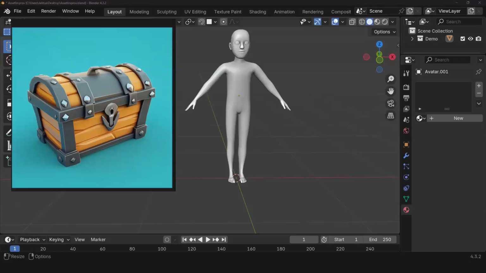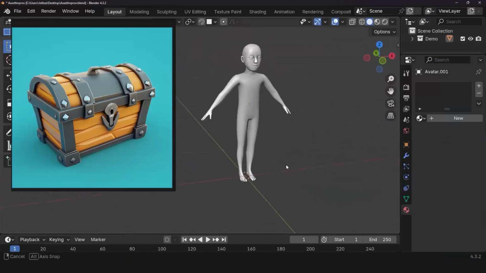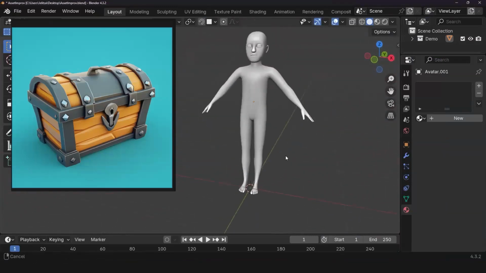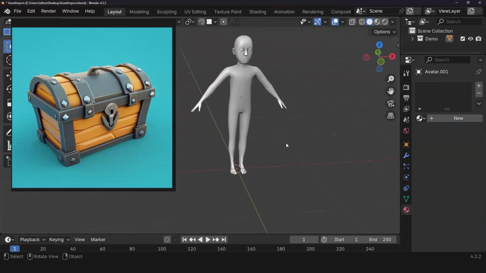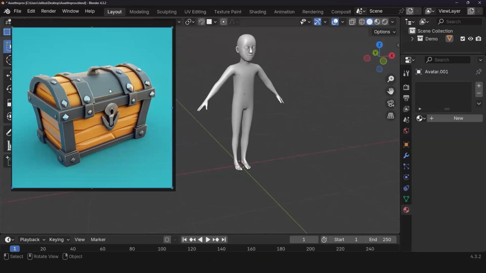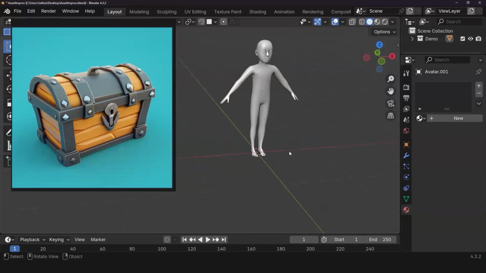So let me get back to it. Alrighty, so let's look at this treasure chest. When you look at this treasure chest, what shapes do you see as the base of the model? And you guys can chime in. Box, half a cylinder. Yes. Yeah, a cube and half a cylinder. That's right. So let's go ahead.